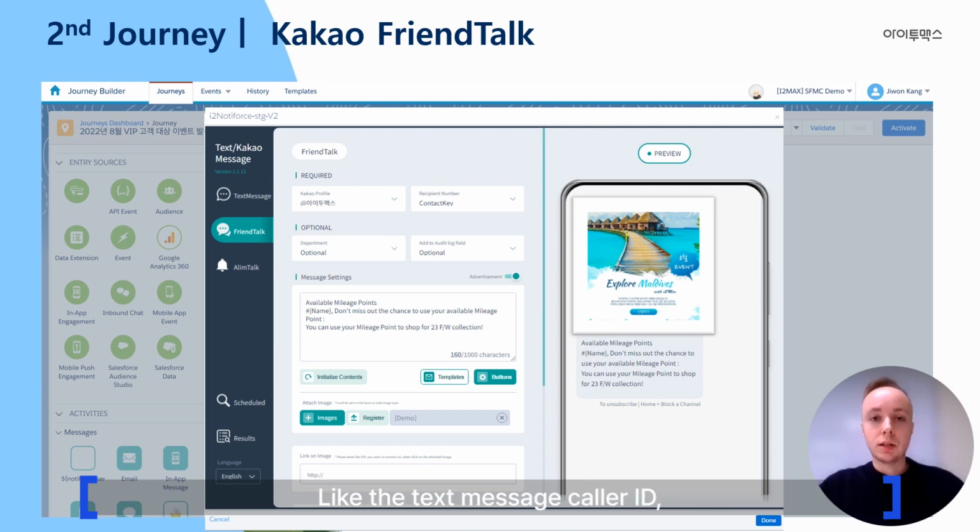Like the text message caller ID, Kakao Friend Talk's caller ID can also be registered when you sign up for i2 Notiforce, and it can then be selected with a drop-down button. Below that, you can see the button for whether or not the message is an advertisement. Because Friend Talk is exclusively for use with marketing messages, this box is always checked. The 080 number used to unsubscribe can also be registered when signing up for i2 Notiforce. For the profile key value, select the profile key of your KakaoTalk business account. The profile key value is created when you sign up for i2 Notiforce, so if you don't already have one,